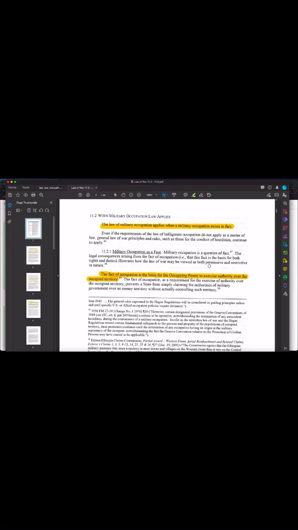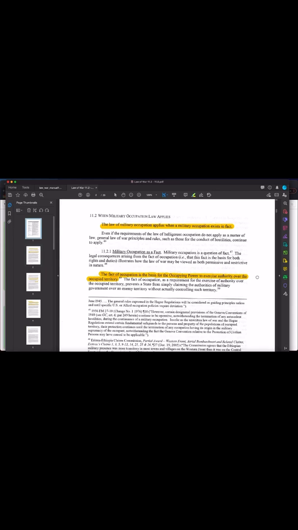Basically, in order for an occupation to actually exist in the status of occupied, the occupier has to have effectively taken power to exercise authority over that territory, right? Now, you might think about what that looks like for a nation to actually get the power to exercise authority over occupied territory.